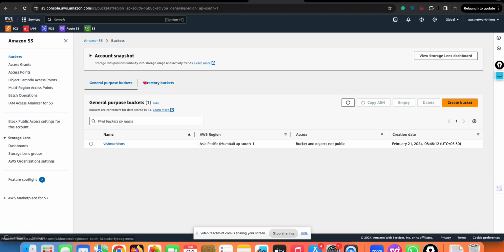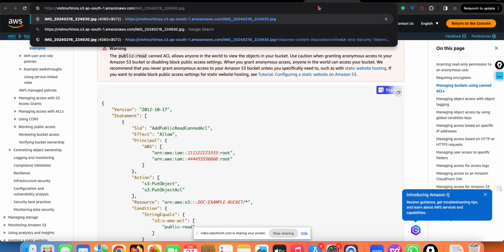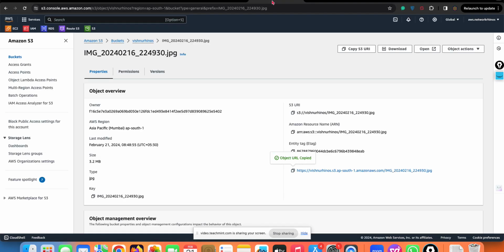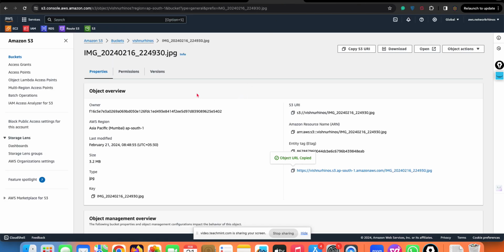So basically when I try to access my file using this object URL, I was unable to access it. Let's try one more time. Okay, now it's unable to access. Now if you want to access this file from anywhere in the globe, you have to look into the policies